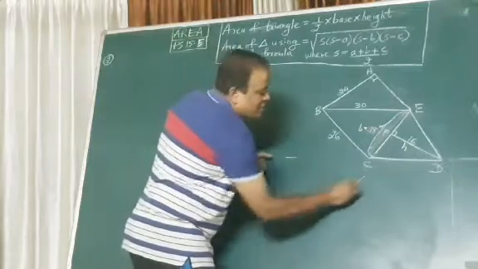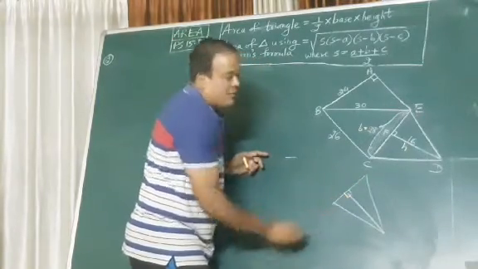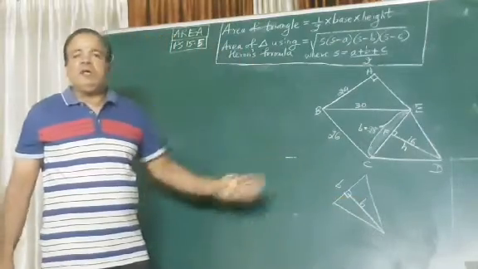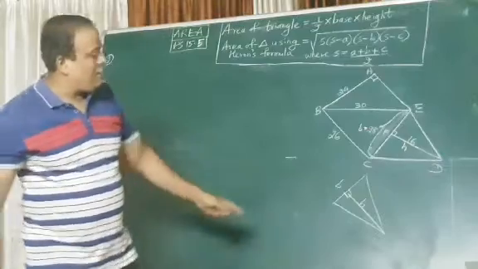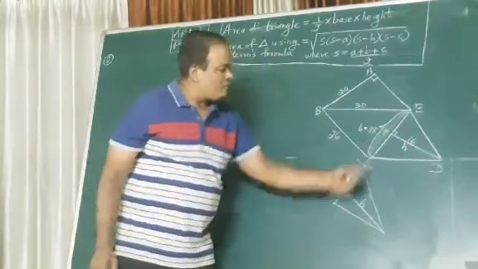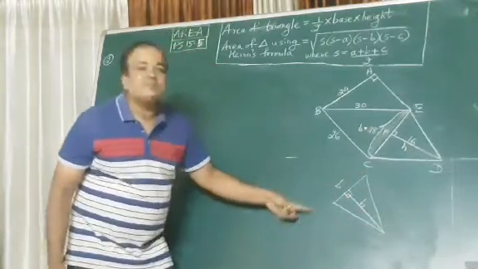Can you see? It looks like this, no? Like a triangle, no? This is my height. Yes? So this is my base, this is my height. No? So which formula I'll use here? Half into base into height. Okay? Is it clear? Have you understood this? How it looks? So this is a perpendicular line. So this obviously becomes the height. And wherever the height touches, that side becomes the base.